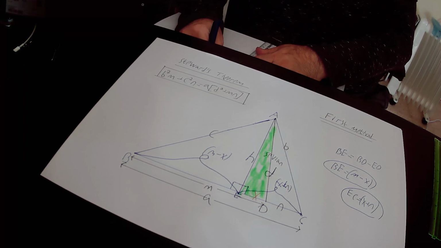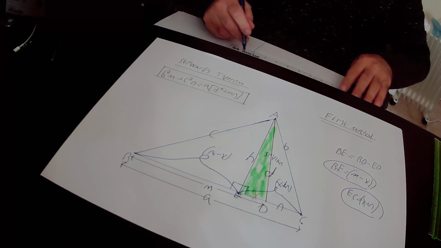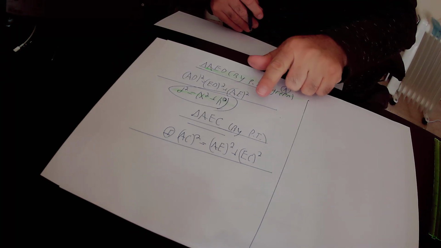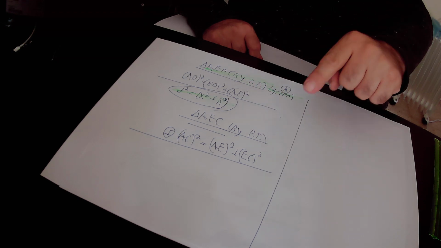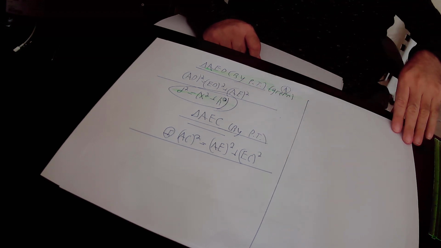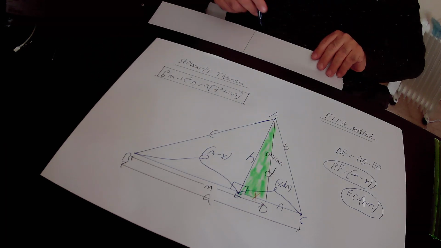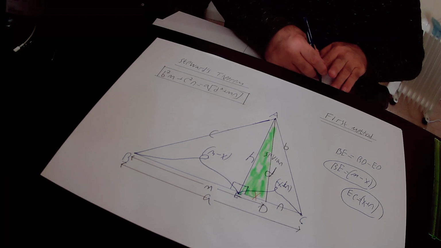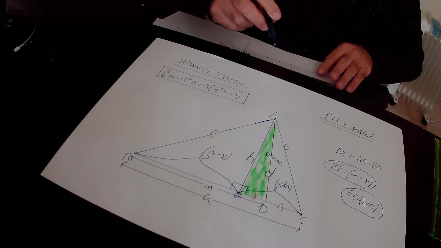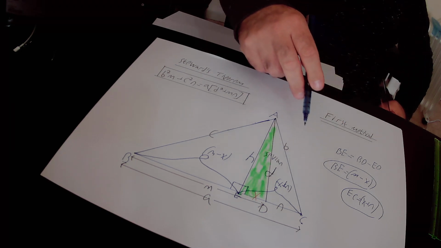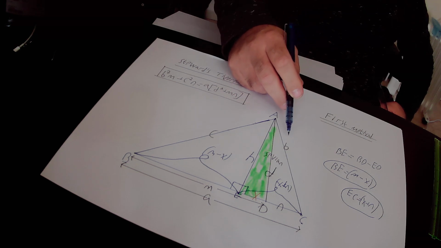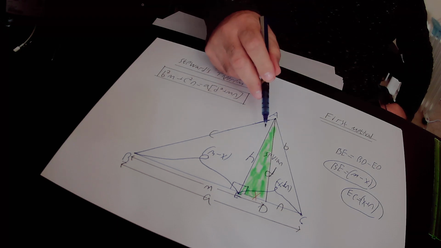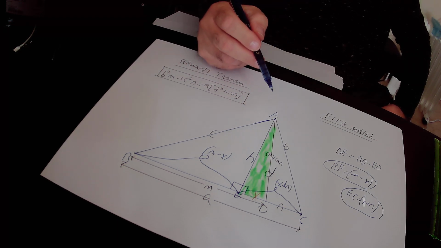Repeat again. In the right triangle AEC, according to the Pythagoras theorem, AC squared equals AE squared plus EC squared. This is equation number 1. Corresponding to equation number 1, AC is the hypotenuse, AC equals B units, therefore AC squared equals B squared, and it must be equal to AE squared. AE equals H, therefore AE squared is H squared